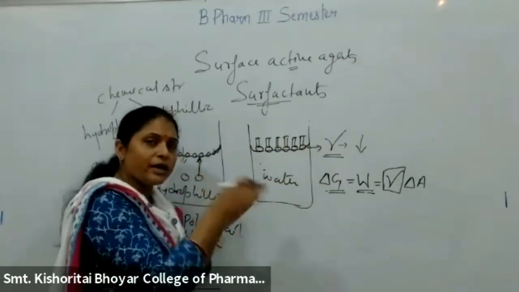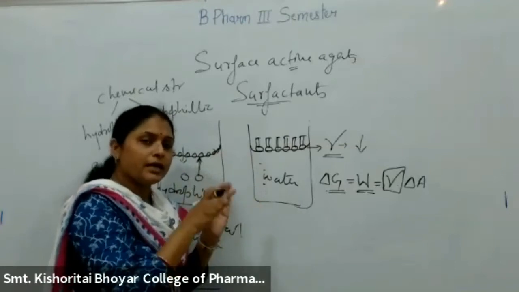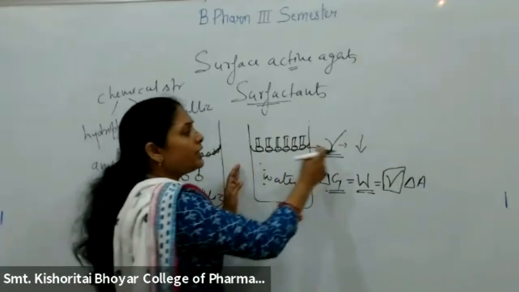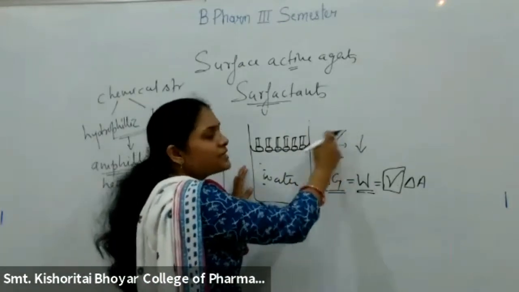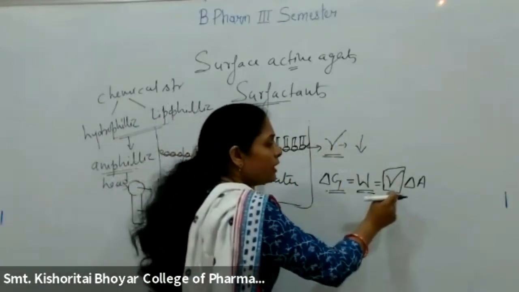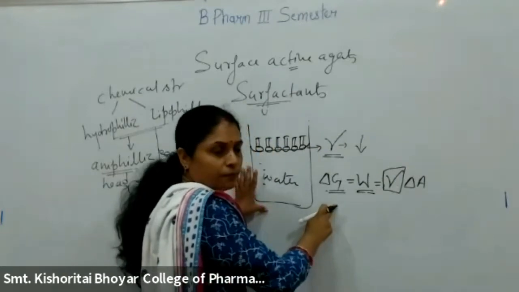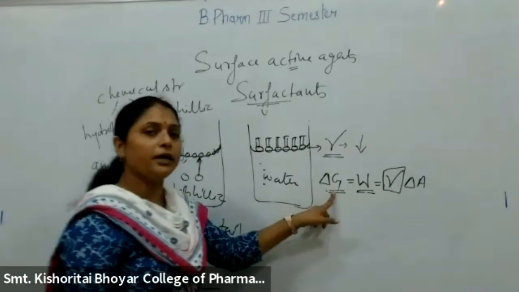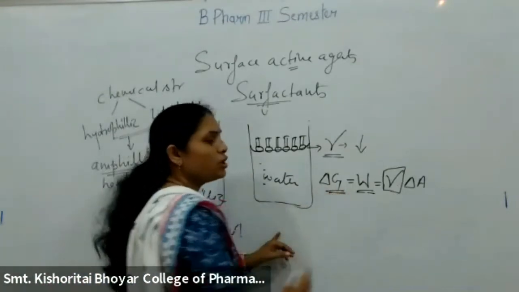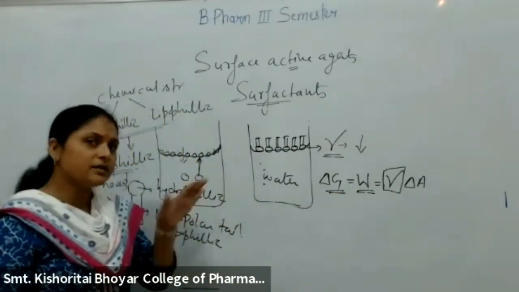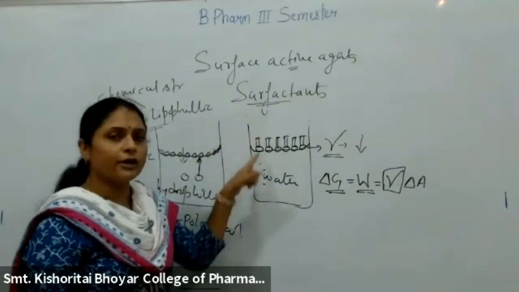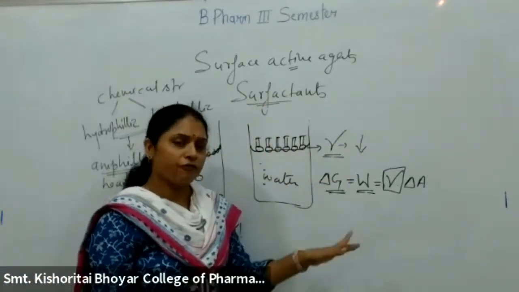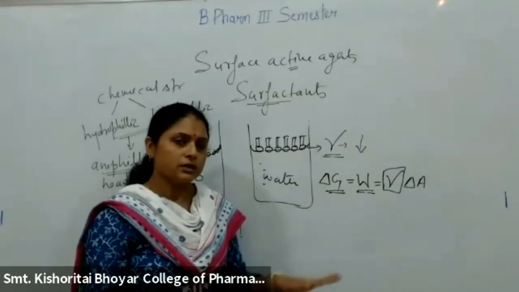The phenomenon of remaining onto the surface is called adsorption, by which there is a decrease in surface tension, and if there is a decrease in surface tension, there is a decrease in surface free energy, and a decrease in increased area also. So there is ultimately a decrease in surface free energy. Now we can summarize here that whenever there is adsorption, there is a decrease in surface tension, and a decrease in surface free energy of the system.